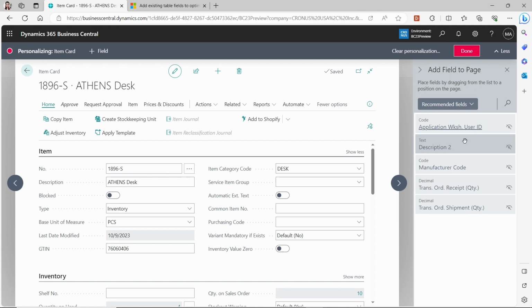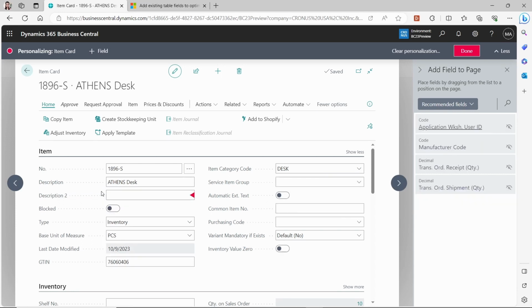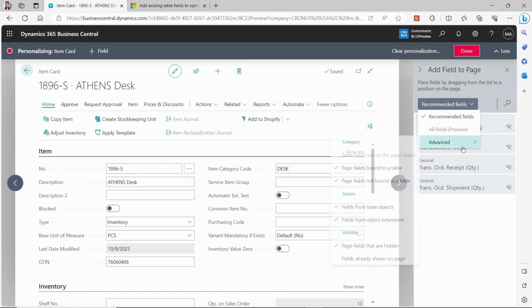And like the description field, it wasn't available before, and you always had to ask the developer to do it, but now it's available. Okay, so when you go to personalize, you can see there are recommended fields, and also you can see advanced,